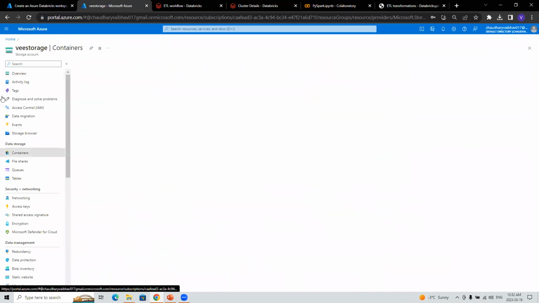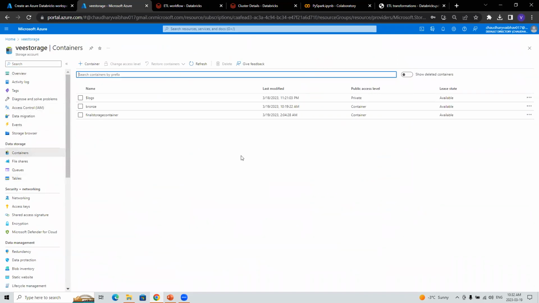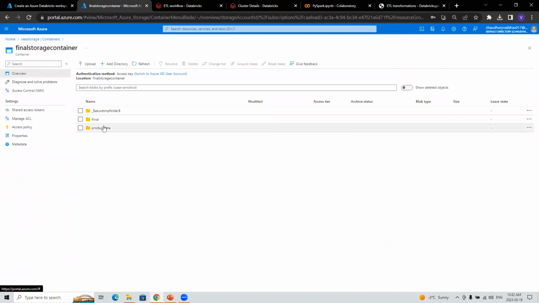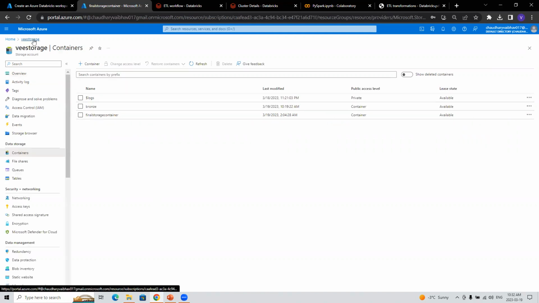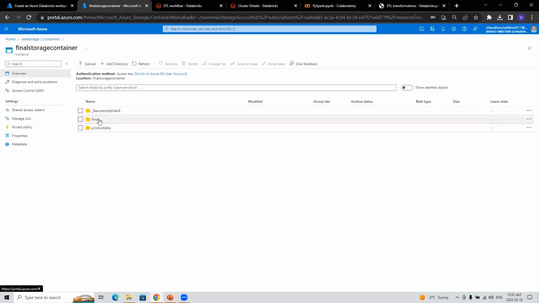Everything in this data lake is stored inside the containers, and I have this final data having all of these files. When I run this load command, it will give me this part file like it does in Hadoop. The same thing happens here with some extra log files like success, committed, and started. And this part file is actually having my resultant data set.